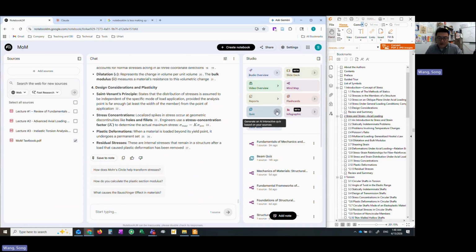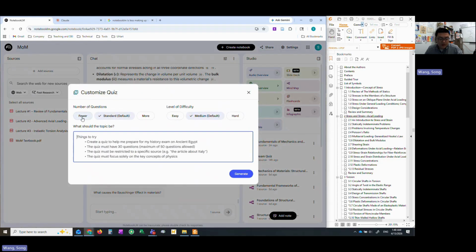What I like most, and really want to emphasize, is the quiz function. This is an AI interactive quiz based on the sources. Again, click on this one. For the number of questions, you can have fewer, standard, or more. I always go with more, so I have more practice. For the level of difficulty, you can start with easy, and once you feel comfortable, go to medium level, and lastly to hard level. Over here, instead of clicking generate directly, which will generate a maximum of 50 questions for the entire textbook, which is less efficient,